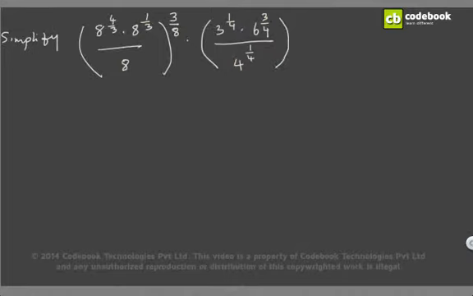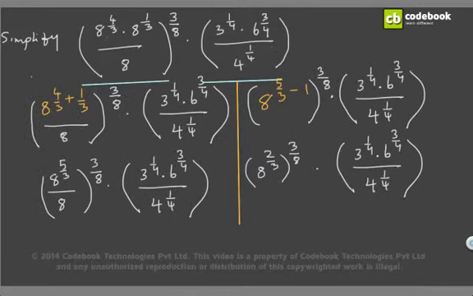Next we will apply the principles of laws of exponents to simplify this expression. So there are two terms in this expression. Let's first try to apply the laws of exponents to the first term. So if you observe the numerator of the first term, it's in the form of a power m multiplied by a power n. So we know that a power m multiplied by a power n is equal to a power m plus n. So we applied that principle to the numerator of the first term. So it becomes 8 power 4 by 3 plus 1 by 3. And the rest everything remains the same.